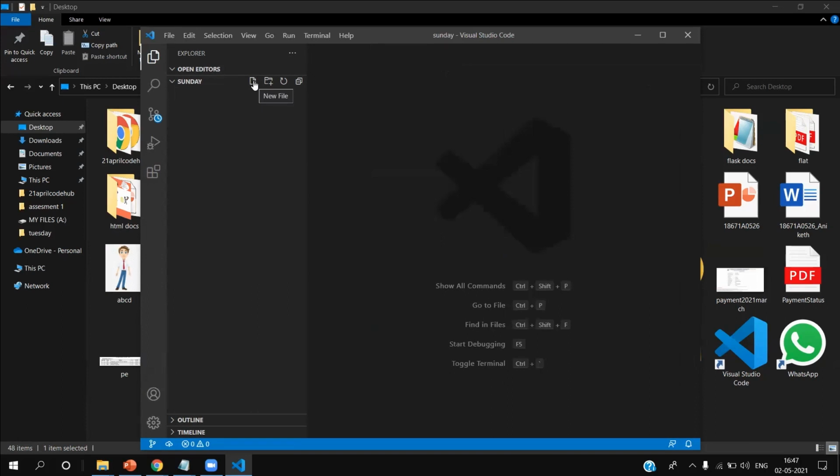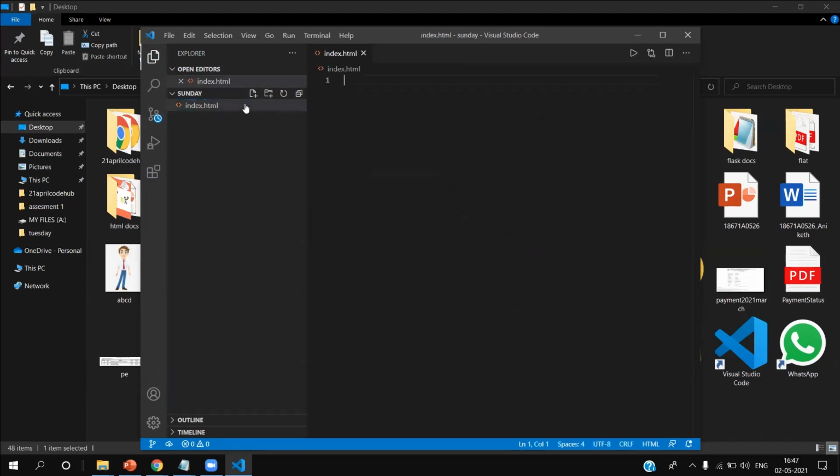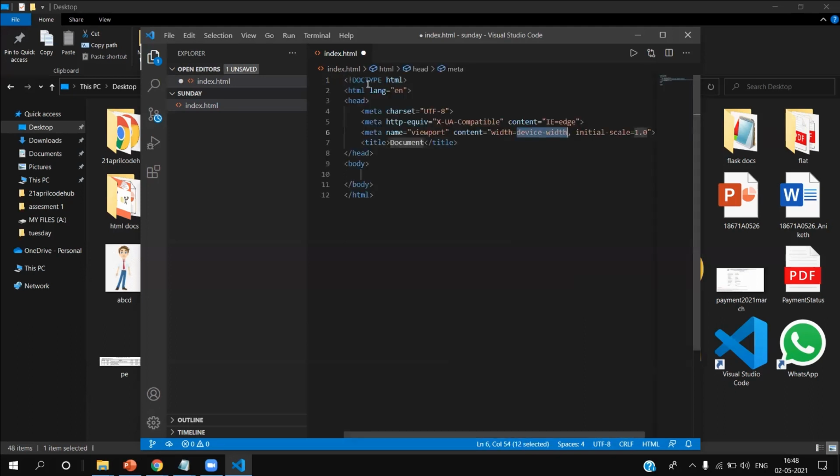Here I want you guys to create a file named index.html. Use shift 1 and enter. VS Code will give you this. You don't have to worry about this meta text and all.